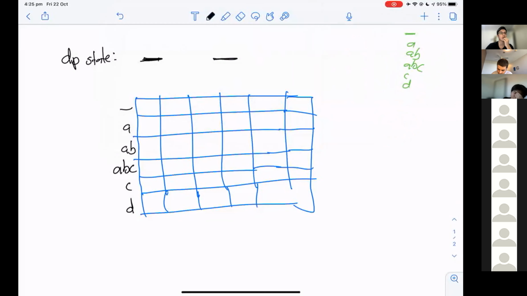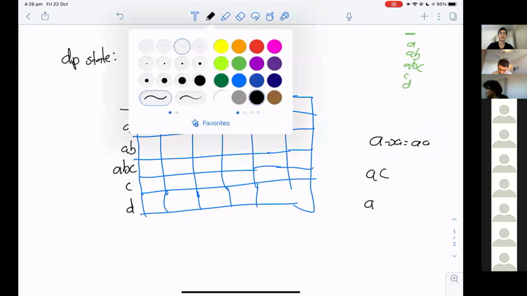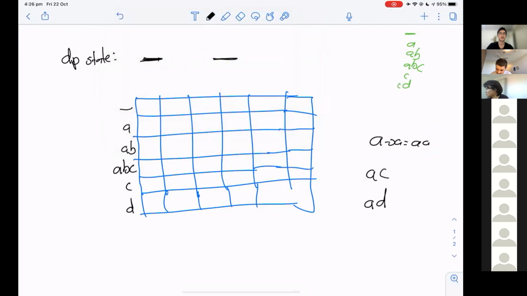Now, what if we had A, and then we added an A on the end? So we got AA. Well, then the biggest suffix that is a prefix of a buzzword would just be A on its own still. What if we had A and we added a C to the end? Then C would be the biggest suffix that's a prefix of a buzzword. And if we had A and we added a D to it, then no suffix of this is a prefix of a buzzword. And so the answer would be the empty string.